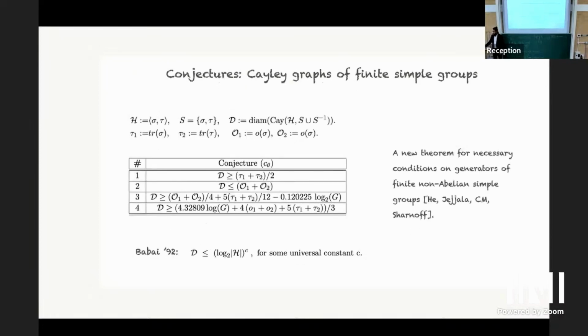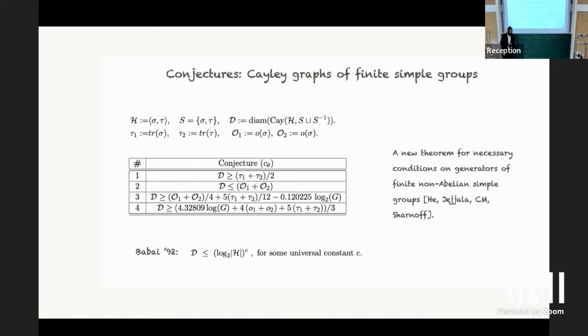So in the meantime, we have attempted to make conjectures in many different areas of mathematics, in many interesting problems. One of the things we looked at was finite simple groups. Finite simple groups are the primes of groups, and they play an important role in theoretical physics as well. And they are two generated. A simple group is something that doesn't have a non-trivial normal subgroup, and they are always two generated.